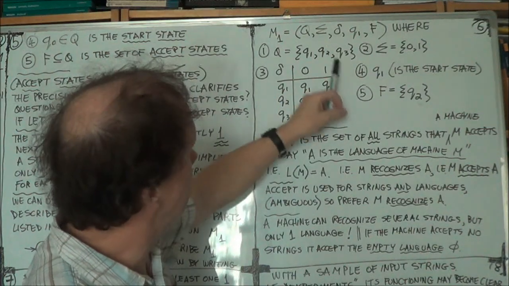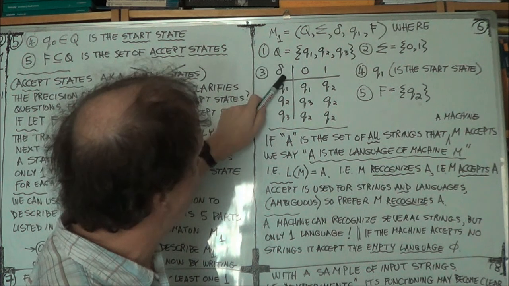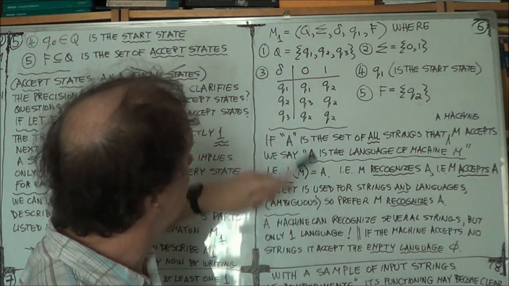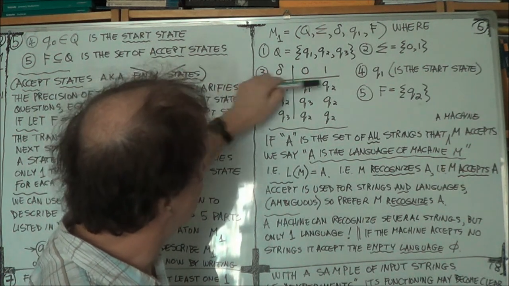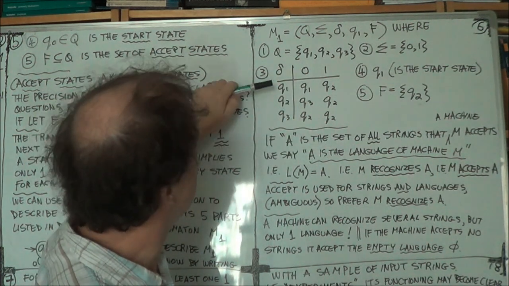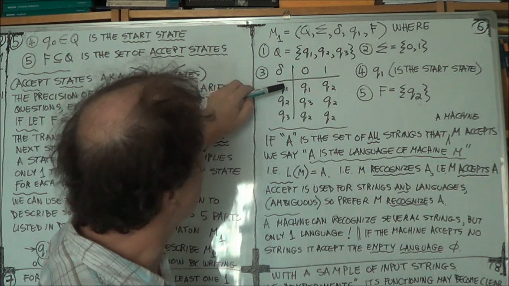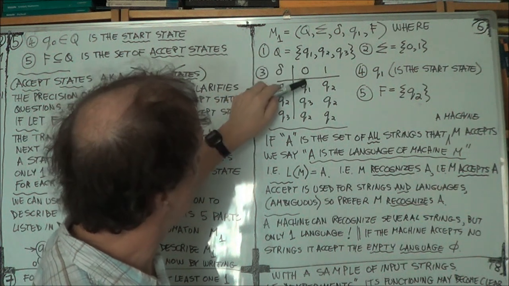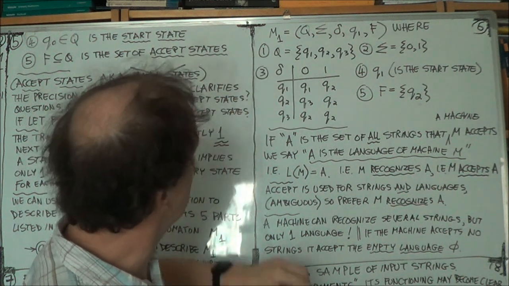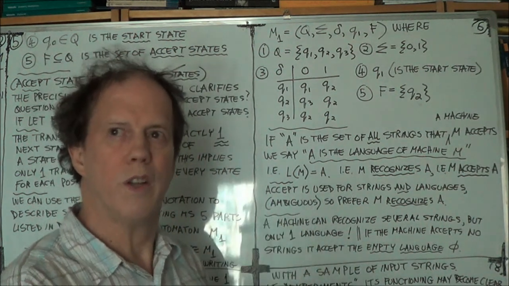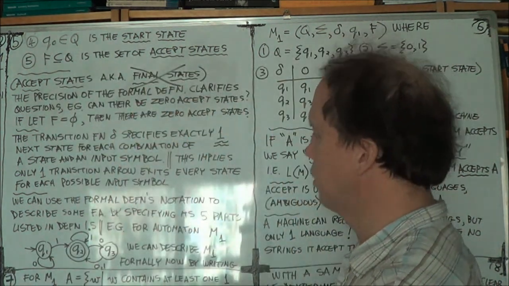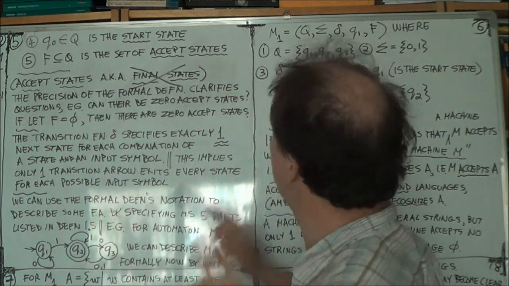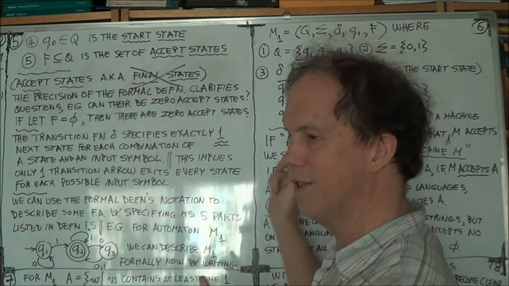Here's your state transition table, your transition function, delta, written here in the form of a table, presuming you know how to read this. So if the current state is Q1 and the input symbol is 0, transition to state Q1. So Q1, 0 to Q1. Okay. Now remember the state transition table or the transition function